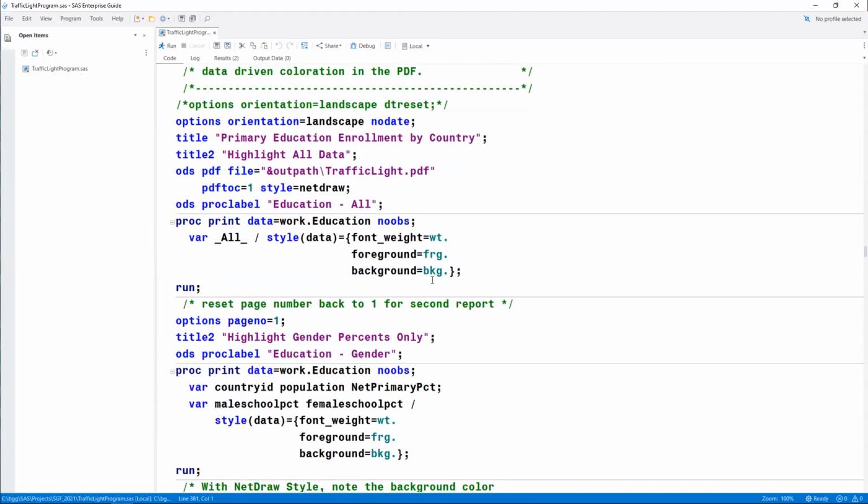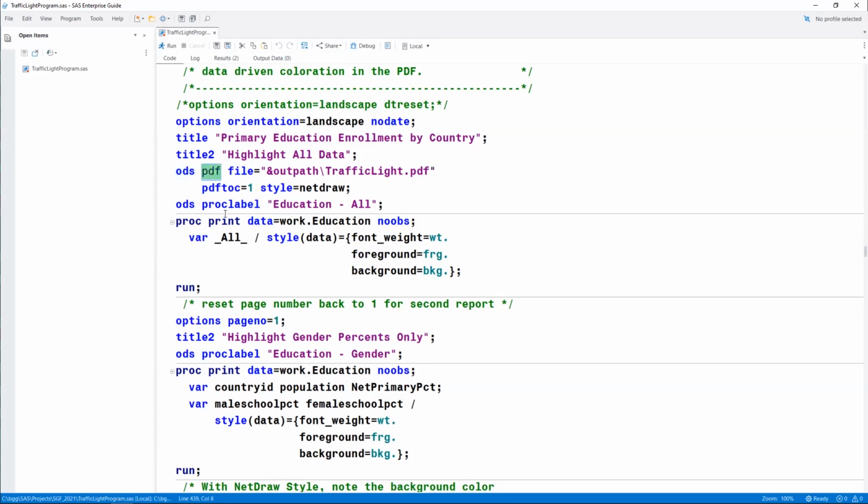Now I want to move on to just showing you a way to create a different output style and/or a different output file. We've been using Excel all along here, but what if I wanted to produce an Adobe Acrobat report? Well, instead of ODS Excel, I just change my ODS statement to say I want to create a PDF file.